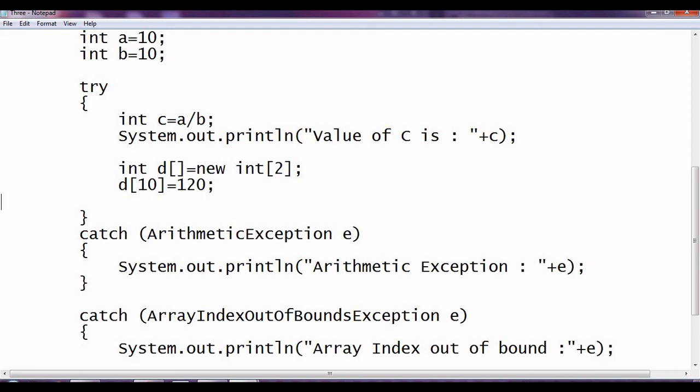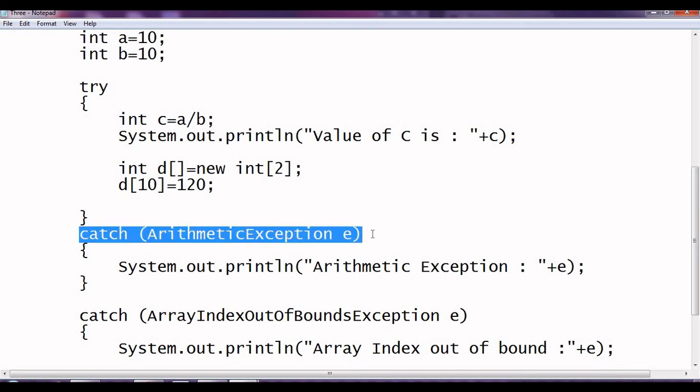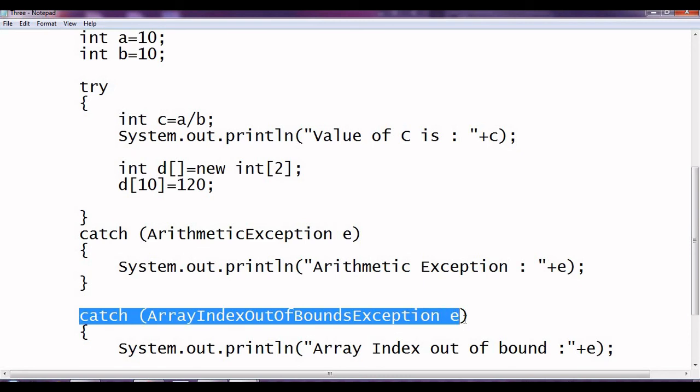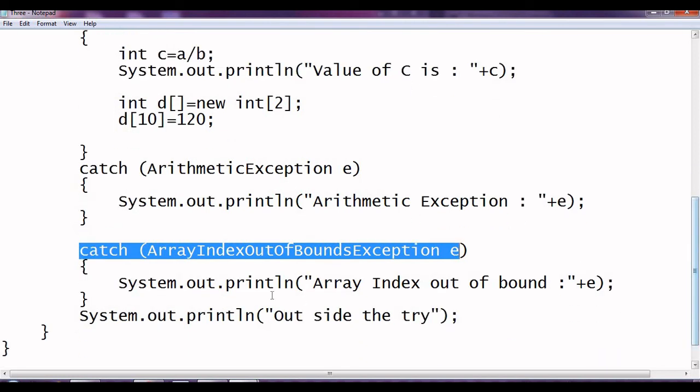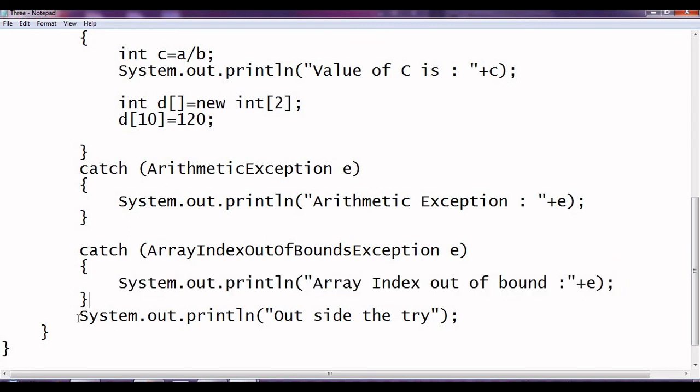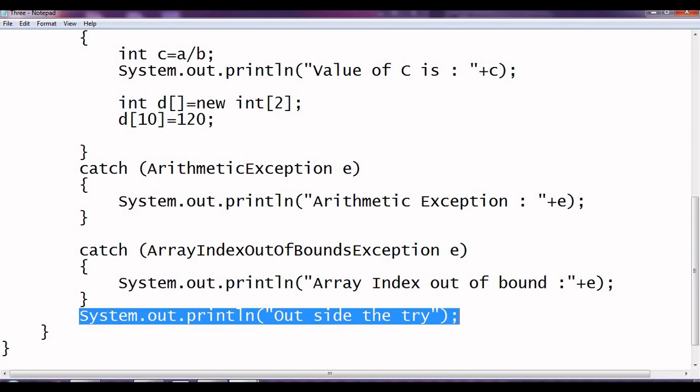So here it will come out from the try. If we have some other code over here, that will be skipped. It will come out from the try and will try to go for the matching catch. No, it's not matching. We'll go for the next matching catch. We might have some other catches also. In a sequential manner, it will try to match the catch. Yes, it's matching now. So it will execute this array index out of bound catch, and then it will come out from that, and then normal execution will occur.